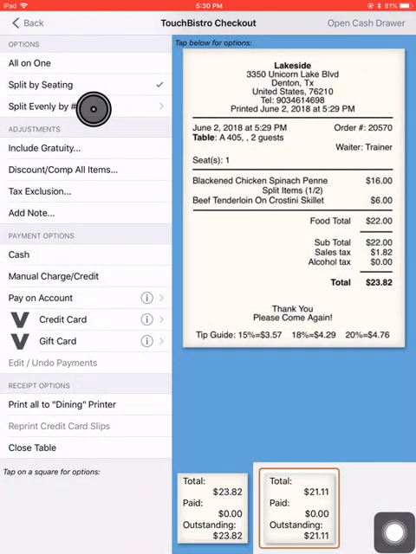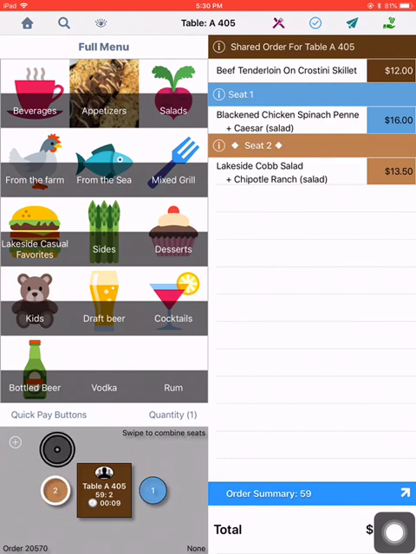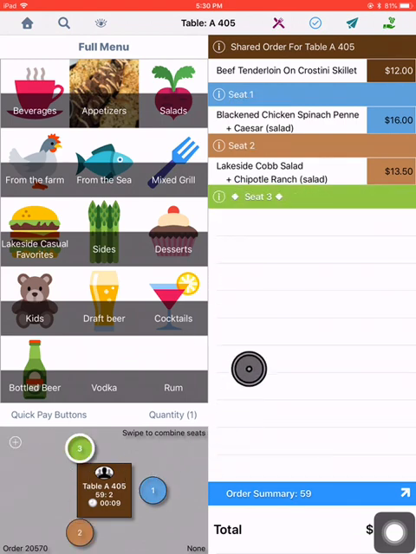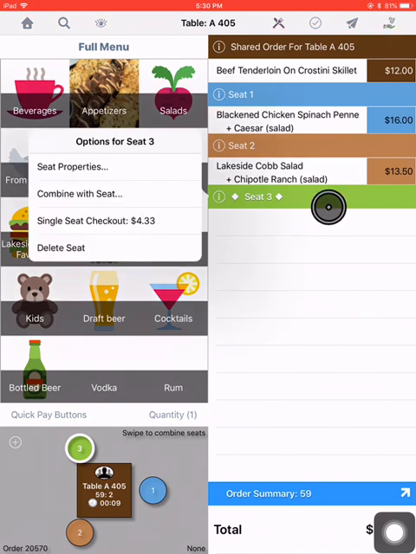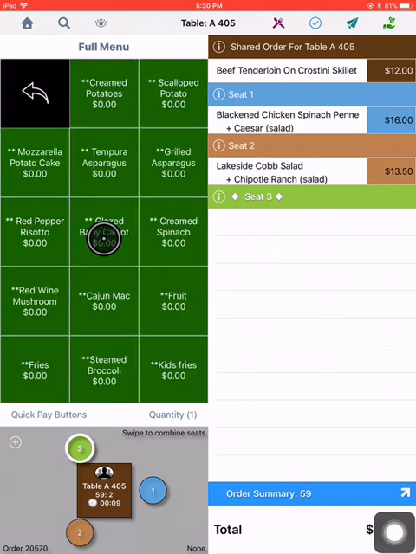Okay. Let's look at some more options here. Let's go back into here and let's add a person to the table. Okay. Let's talk about the sides that come with items. So after we've ordered appetizers and we're here at the main screen ordering, we want to have our sides pulled up. Okay. So then let's say that seat 3 orders